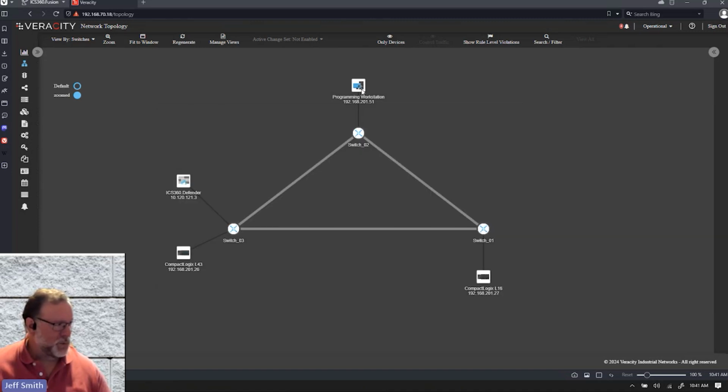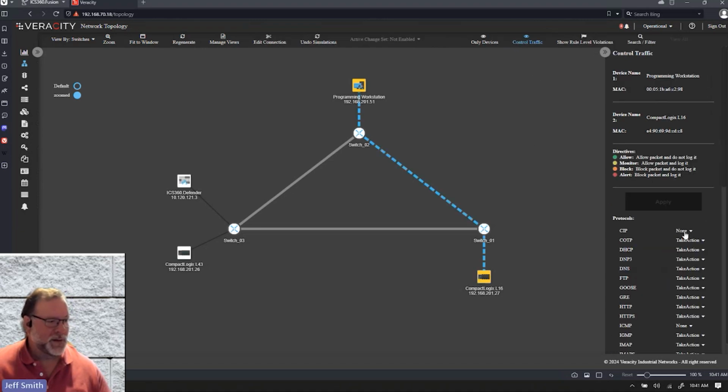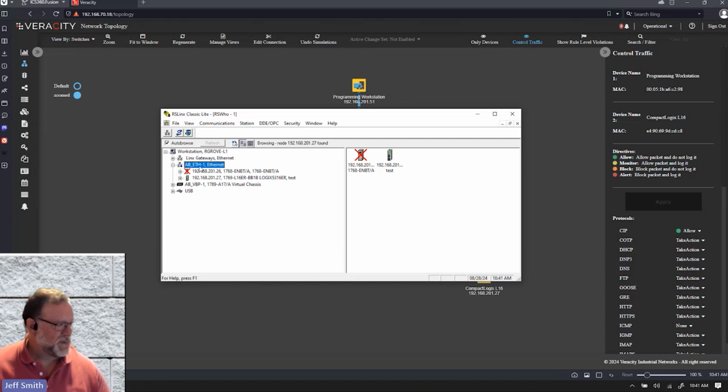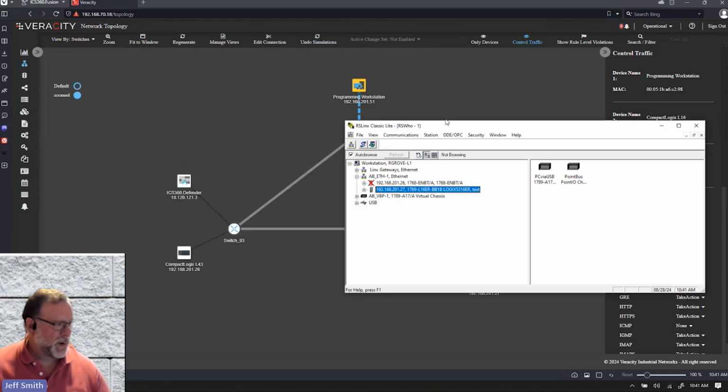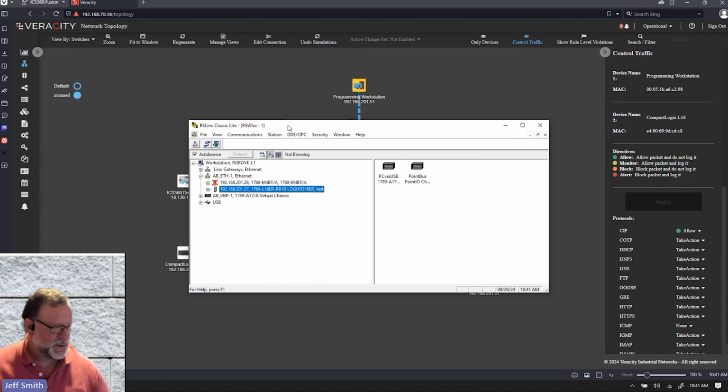I could create a rule that says this guy can see this guy, and I'll come in here and say over SIP. So when I do that, I've basically said these two guys can talk with EtherNet/IP. These two guys still can't. So when I go back to RSLinx and I force it to refresh, we're going to see that I can see and browse and do whatever I want with the one I've allowed. But since I have no policy that allows the other one, it's not seeing it. It's literally not on the network as far as it's concerned.